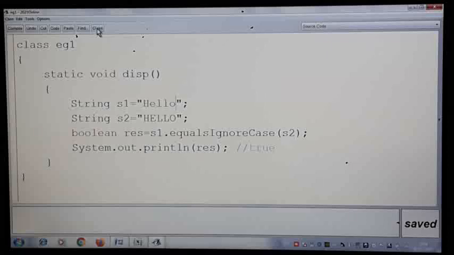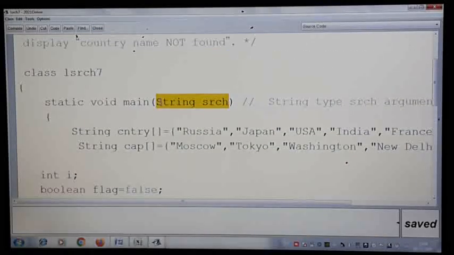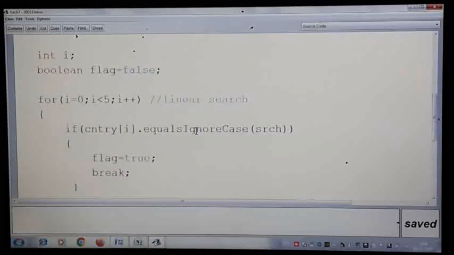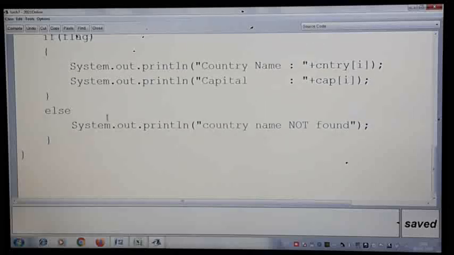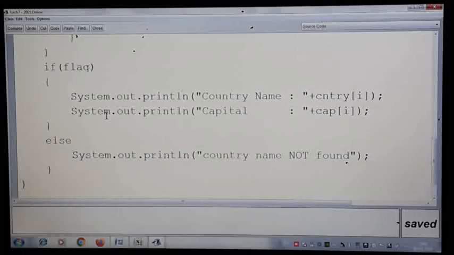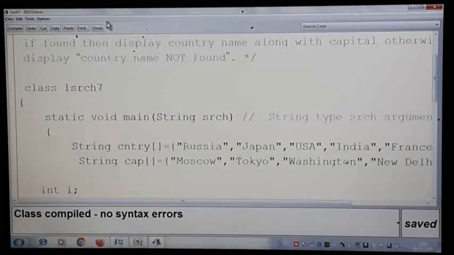So for our practical execution, we are taking the argument from the user. So I have just given the command as equals ignore case. Only in this command there is a change, the rest everything remains the same. Whatever you practiced in the last linear search class, that is linear search programs, it's the same thing. Only this is a new command you are learning. So let us take one more example. Now in this program I am taking search as an argument and I initialized two arrays.